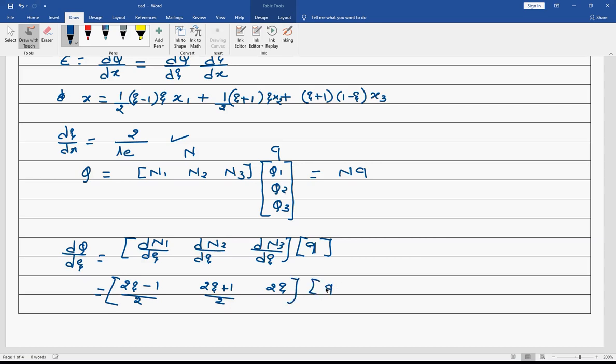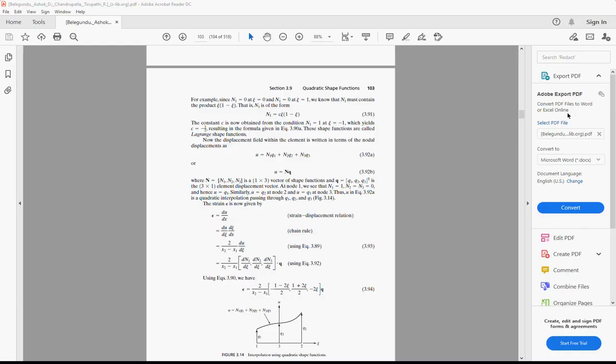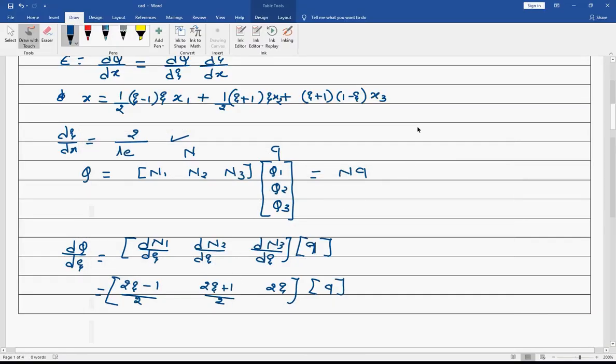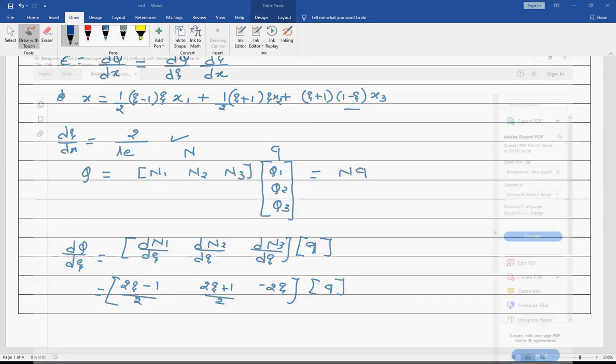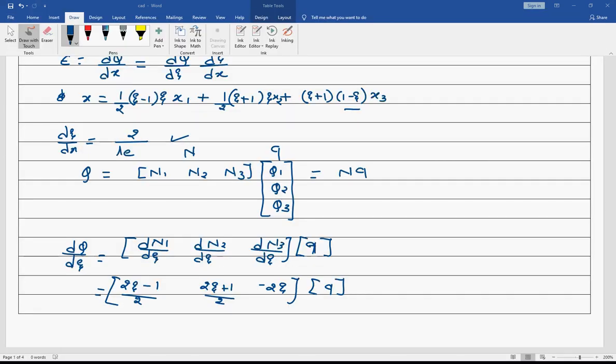Okay, and that will be into my Q matrix, that is Q1, Q2. Okay, so just verify whether it is correct or not. So this is minus psi here in this case, so it will be minus 2. Just verify whether whatever I am getting is correct or not. If it is correct, just type something, it is correct, so I can go ahead.